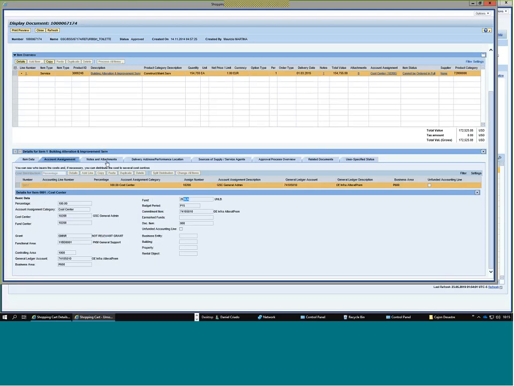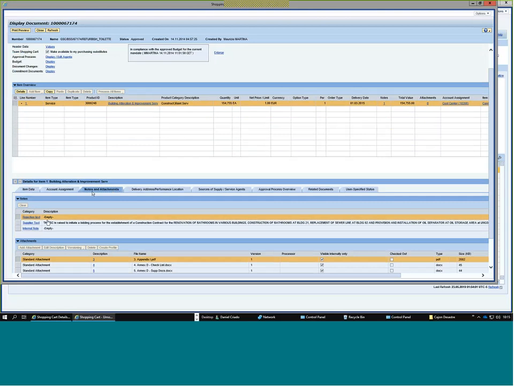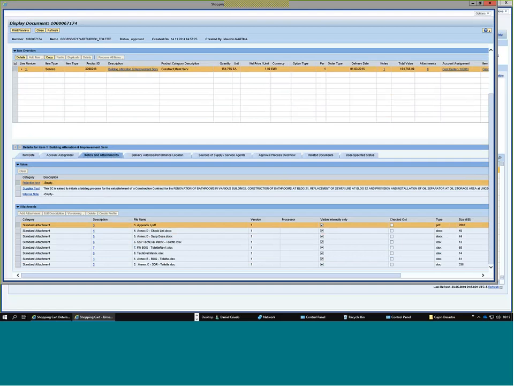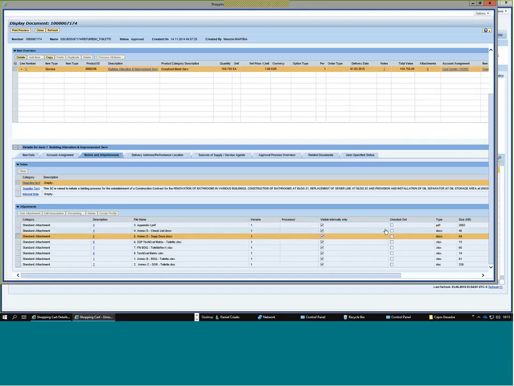In terms of notes and attachments, this is a very interesting tab where you can find the notes related to this specific requisition document, as well as the attachments that the requisitioner or some other user have attached to this shopping cart. With the description, you have the link to all these different attachments. Okay, we have appendix, different annexes, supporting documents, and a technical evaluation matrix. Anything that the requisitioner wants to attach to the shopping cart will be found in this third tab,